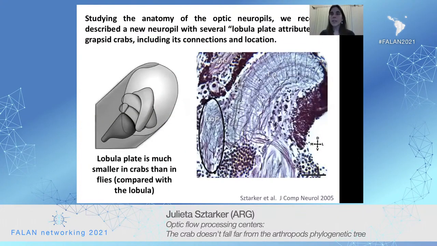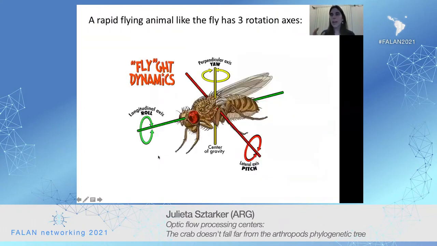So in the crabs, we have recently identified a small neuropile that is placed in the right position to be a candidate to be a lobular plate in crabs. They have similar connections with the medulla and with the lobula. And we noticed that this lobular plate is smaller in crabs than in flies compared with the size of the lobula. But of course, if you think of a fly that flies very rapidly and it can move in 3